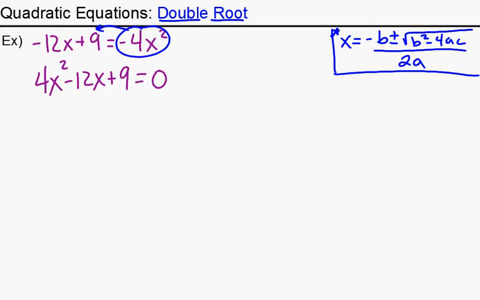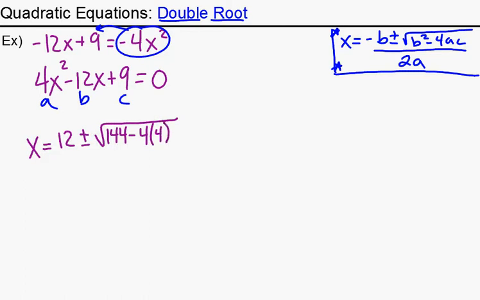Now, when I go to solve this, let's suppose that I'm not going to try factoring. I just want to go right to the quadratic formula. Maybe I could factor it, maybe I couldn't. Maybe I don't feel like looking for the numbers. But whatever the case, I just want to solve it with the quadratic formula. So once it's set equal to 0, there's a, b, and c. So I get x equals opposite b, 12, plus or minus the square root of b squared. I always square it as I go. It becomes positive 144 minus 4 times a, which is 4, times c, which is 9,